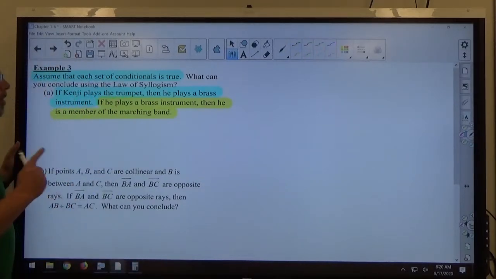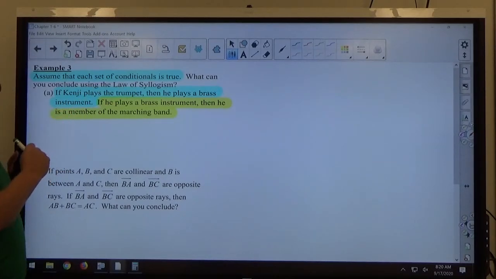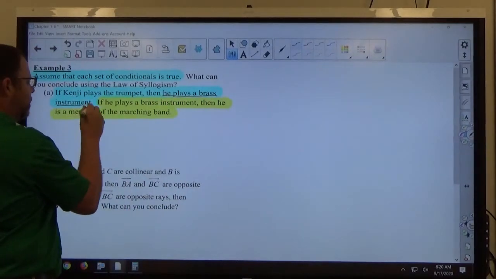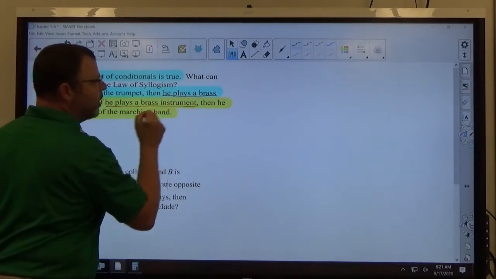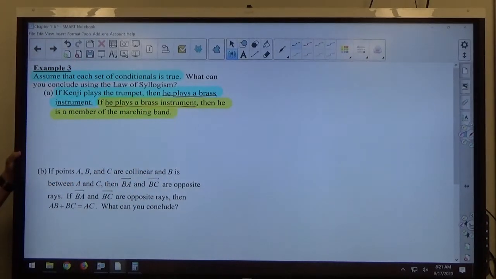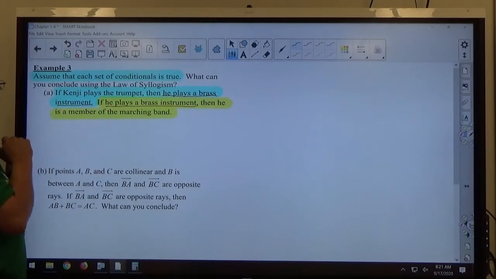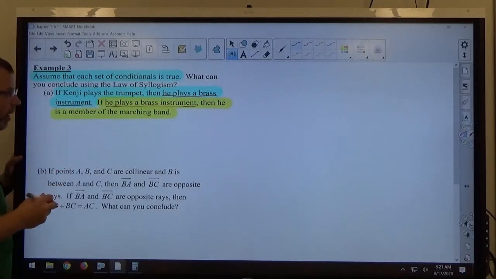All right, so all you have to do to verify the law of syllogism is usable is that the conclusion of one of the conditionals is the hypothesis of the other. So he plays a brass instrument is the conclusion of the first conditional. He plays a brass instrument is the hypothesis of the second. So we have a P implies Q and then a Q implies R scenario here. Again, the conclusion matches the hypothesis. So our logical conditional statement we can conclude with the law of syllogism is going to be,